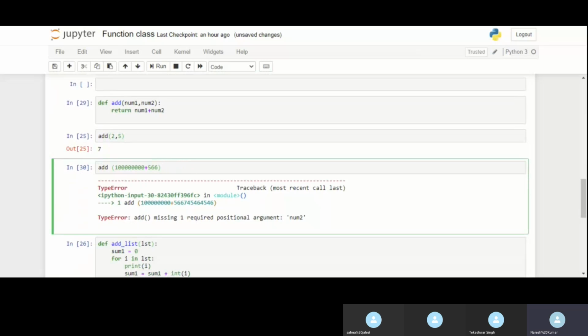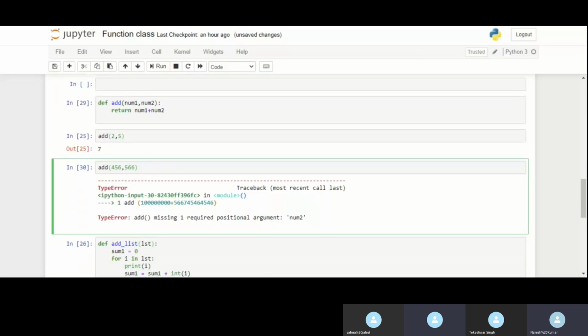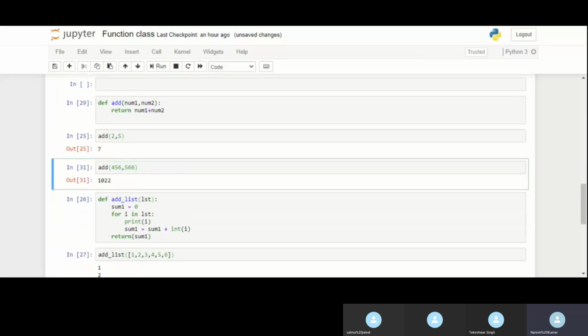For example, let us create something like this. These 2 numbers, I am creating it. Sorry, this will not be, it will be a comma, because my parameter is separated by a comma, right? So it would take some time for you to add these 2 numbers, but if I do this, it will return me immediately. This add function will return me 1022, right?